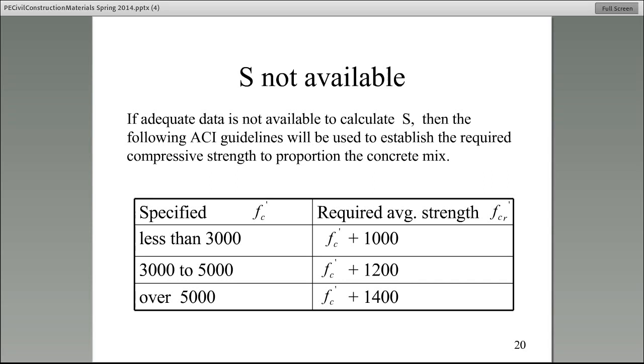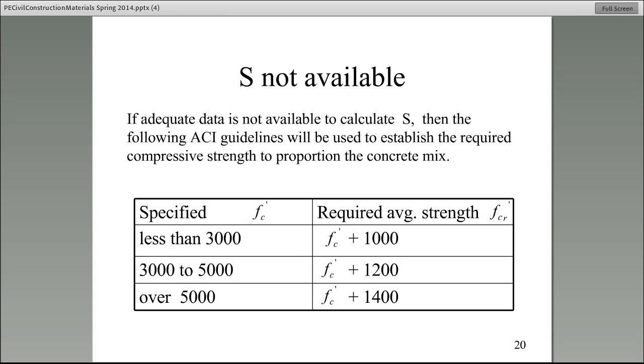Every concrete supplier actually does have a standard deviation. Whether they choose to share it with us or not, that's a different story, but they do have a standard deviation. However, let's say there's a producer that just does not give you the standard deviation,